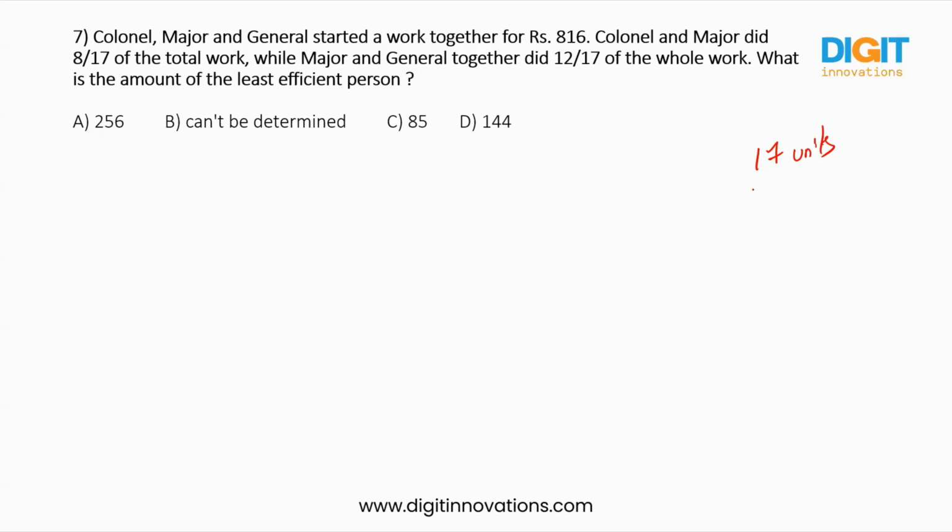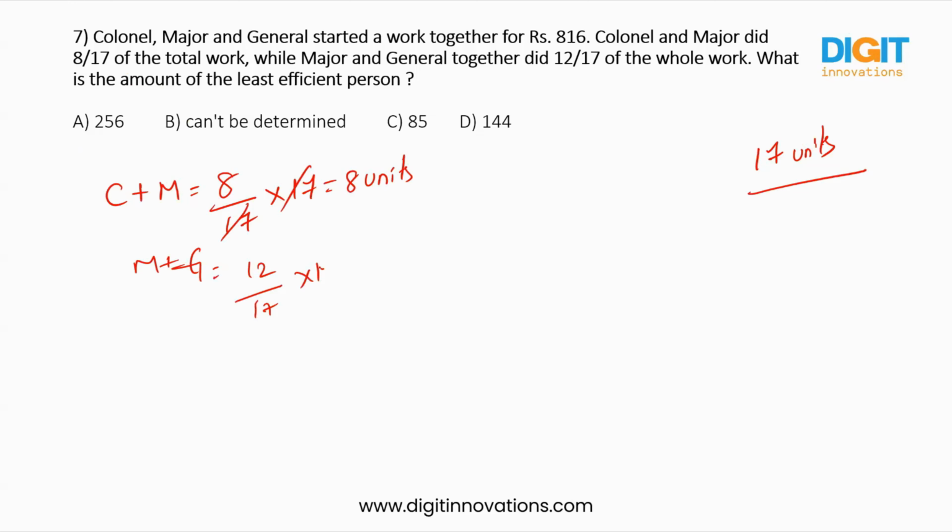So we know total units is 17 units. In that, Colonel and Major working together did 8 by 17 of the total work. So that means 8 units they have completed together. So when it comes to Major and General, they completed 12 by 17 of the total work, which is